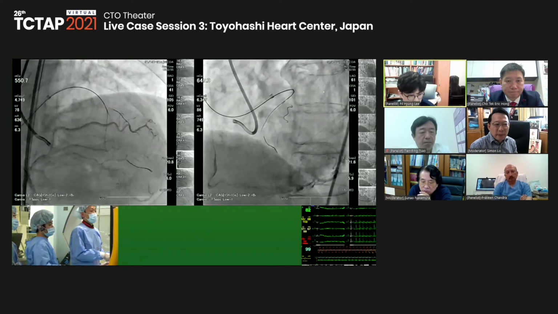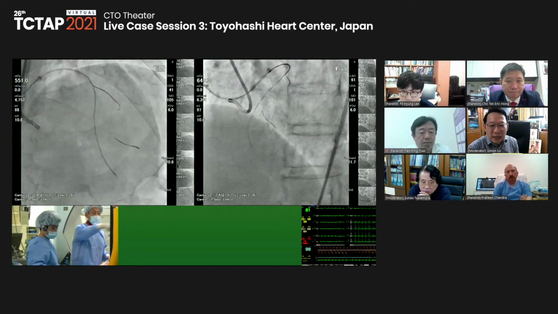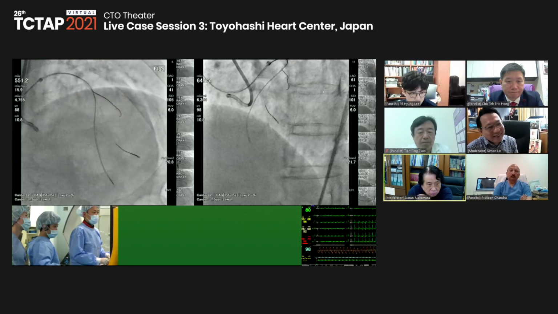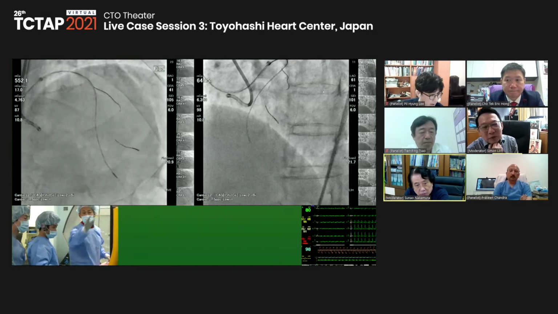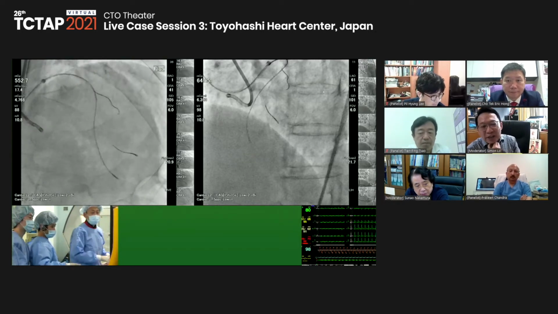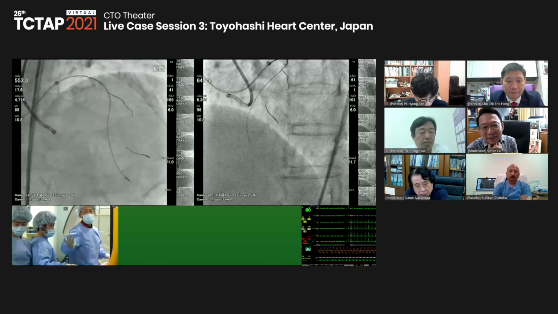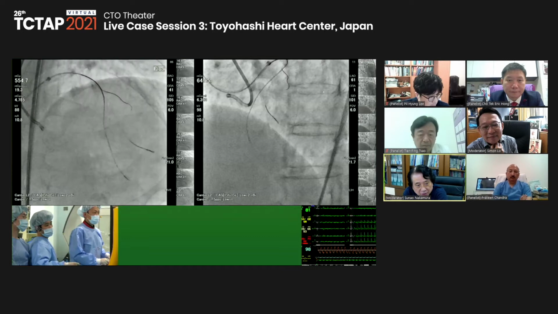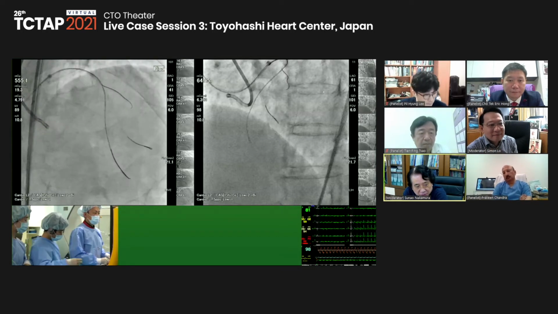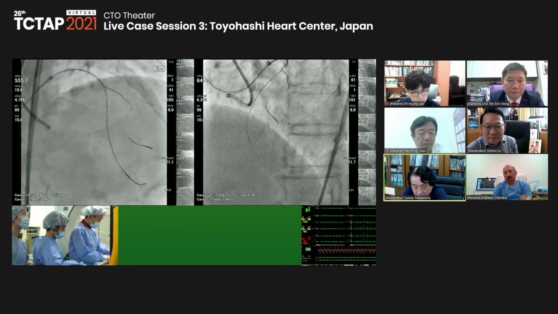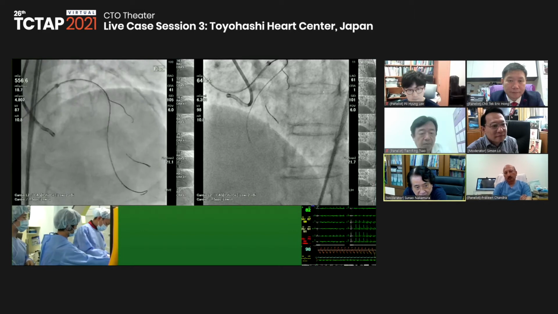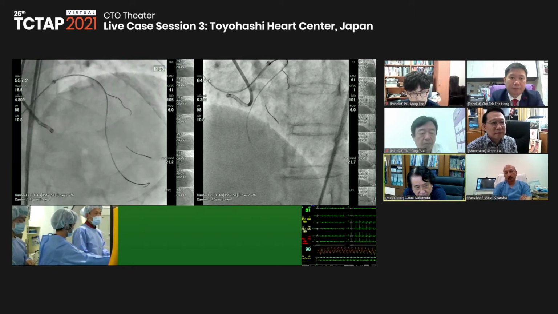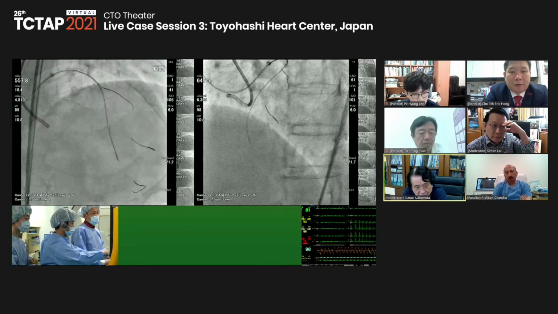I see. Dr. Nakamura, would you also use a single stent strategy for this? Maybe I think my idea is also the same, single stenting preferred, but it actually depends on the size of the vessel after the ballooning of the LAD.